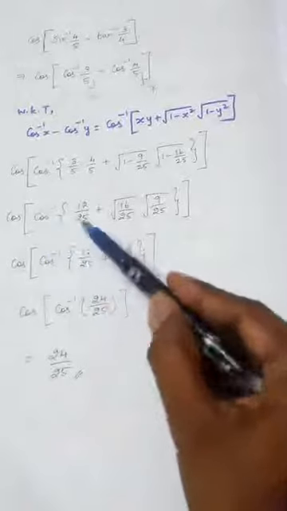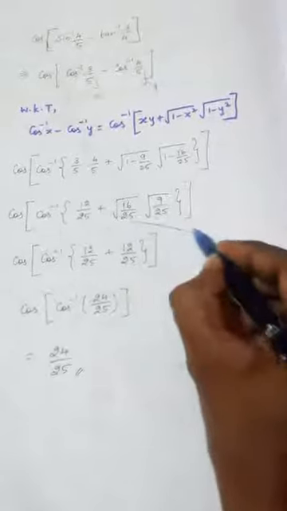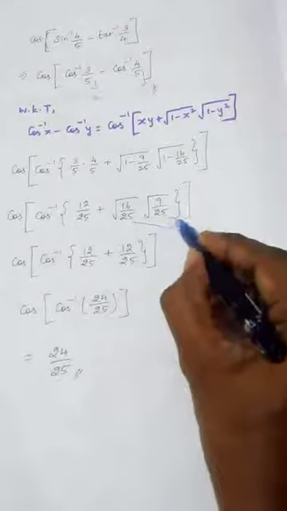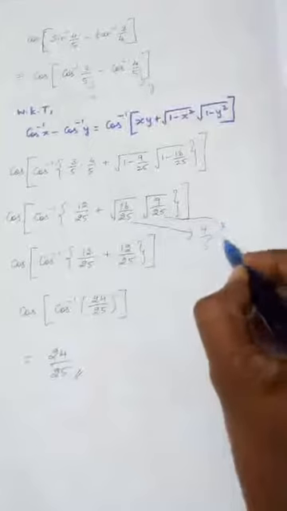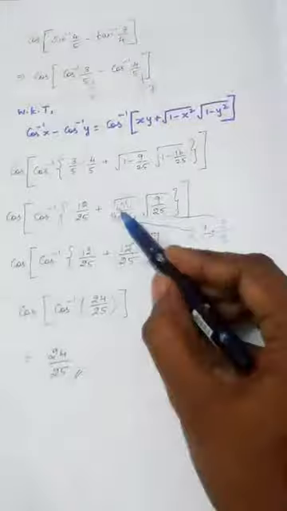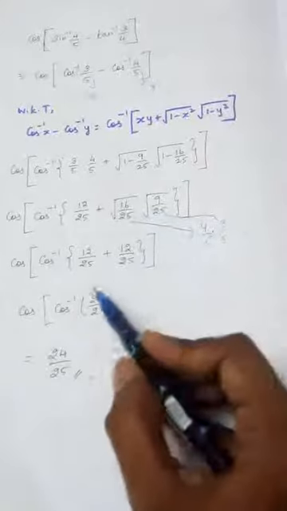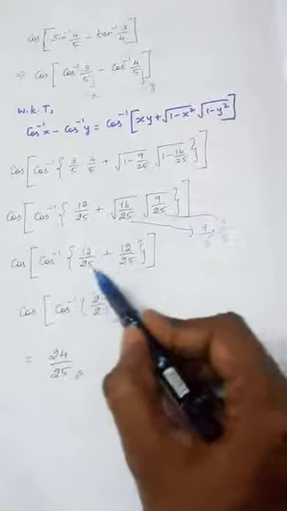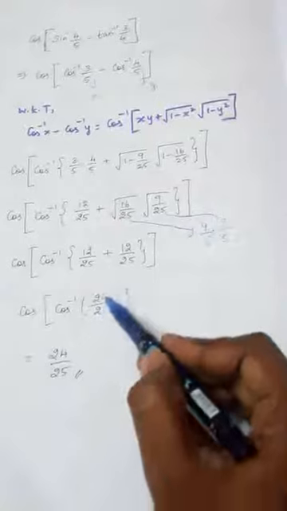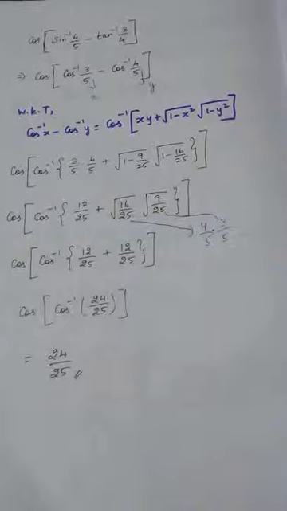This is 12 by 25 plus cross multiplying 16 by 25 cross multiplying 9 by 25. So cos inverse of 12 by 25 plus, actually the first bracket, this is 4 by 5, this is 3 by 5. So 4 3s are 12 by 25, right? This is 4, this is 3, so 12. This is 5, this is also 5, 25. And same denominator, so we can add directly, 24 by 25. Cos inverse gets cancelled. So 24 by 25 is the final answer. Hope you will understand the sum. Write and practice these two problems.